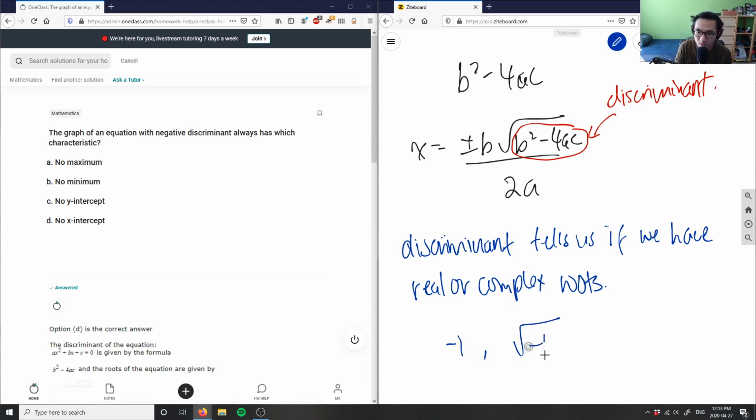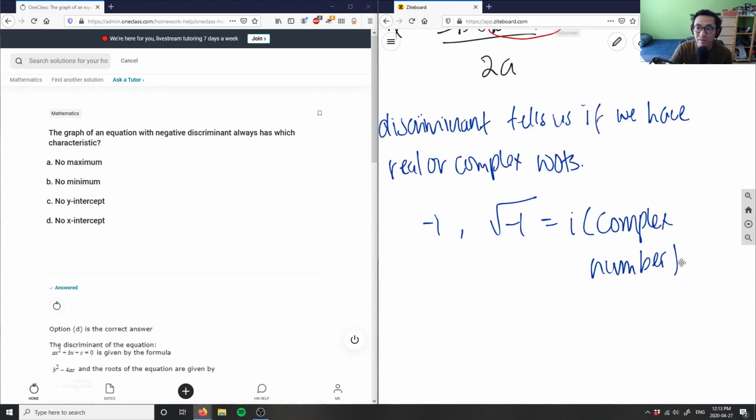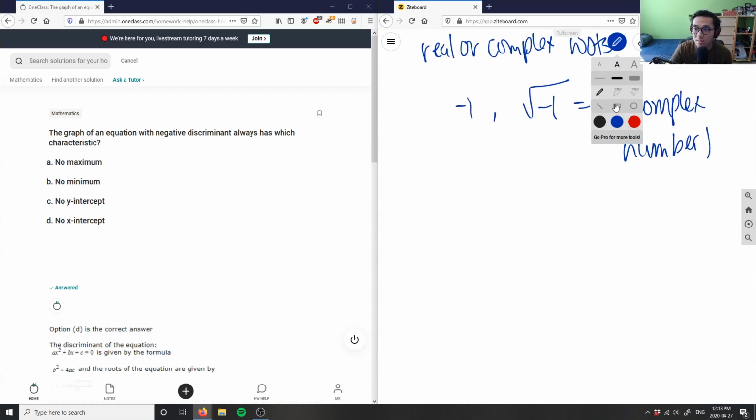So therefore I'm taking the square root of negative 1, which will give us i, which is a complex number. Therefore, we don't have any real roots in the real plane. So you can say that in this case, option D is the correct answer, because